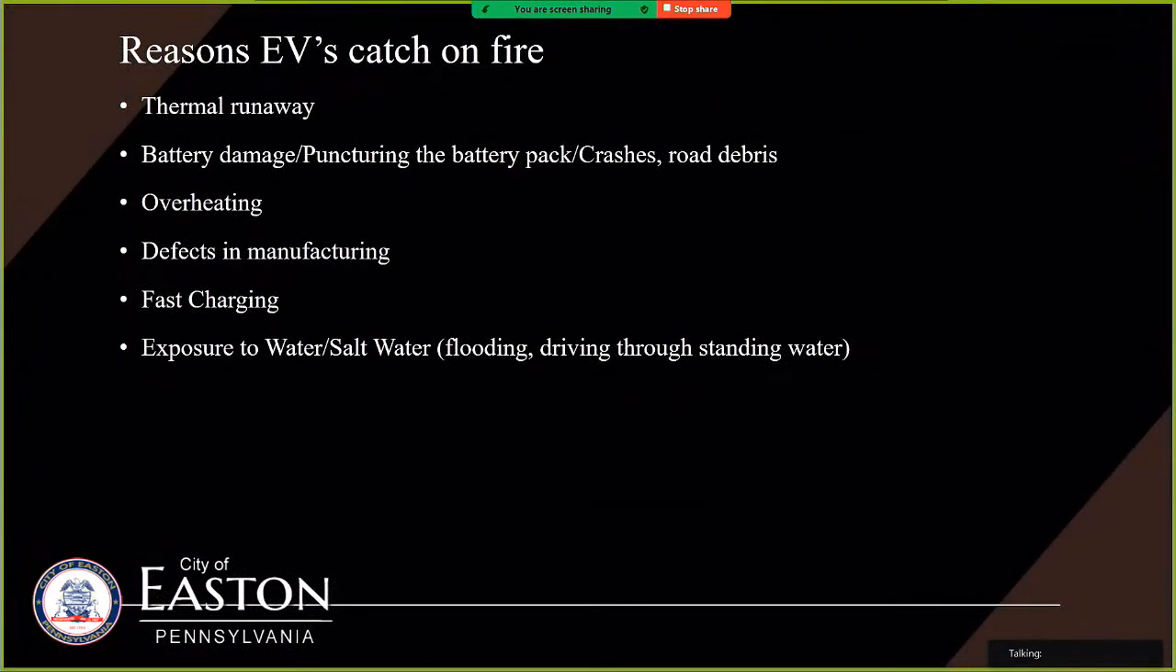So, the reasons electric vehicles catch on fire. Thermal runaway is the biggest one without a doubt. Battery damage. If you're not aware, these vehicles sit lower to the ground than your regular internal combustion engine. The battery packs usually start from the rear of the front tire and go to the front of the rear tire, and it's the entire width of the car. So if you're driving down the road, and we know Pennsylvania has a lot of road construction, you can have what's called a shock incident, where you don't actually puncture the battery pack, but hitting that pothole could damage the interior portion of the battery. You're not going to recognize that right away, but when you start charging it, that's when it starts to get you. So overheating during charging, defects in manufacturing, fast charging, and exposure, as you saw there, to salt water, or